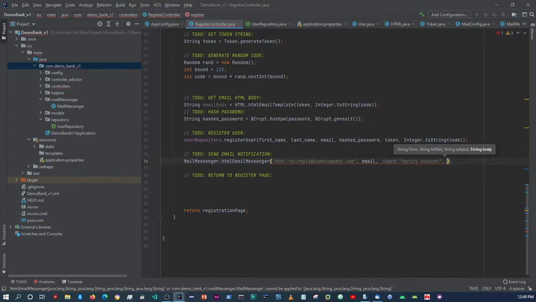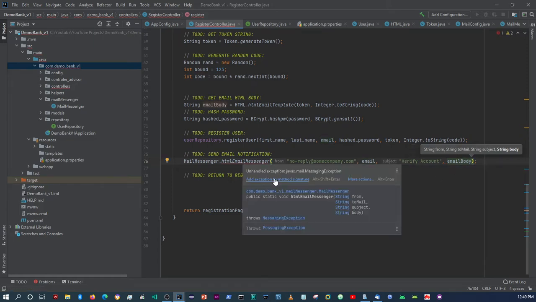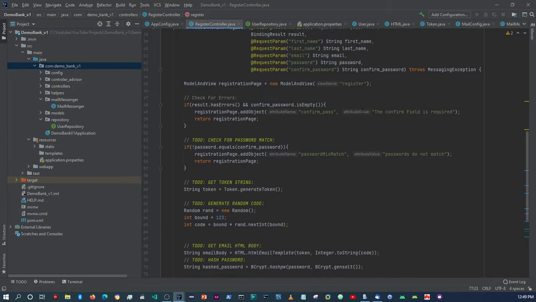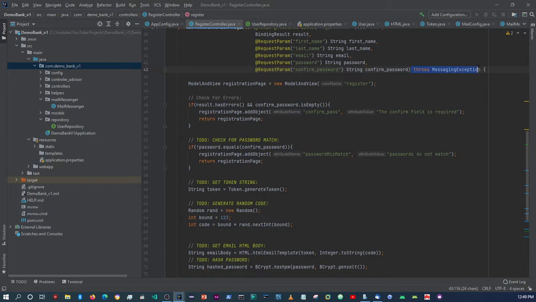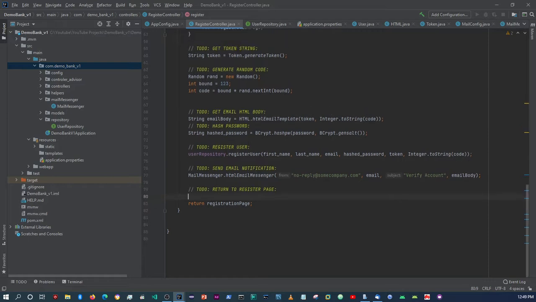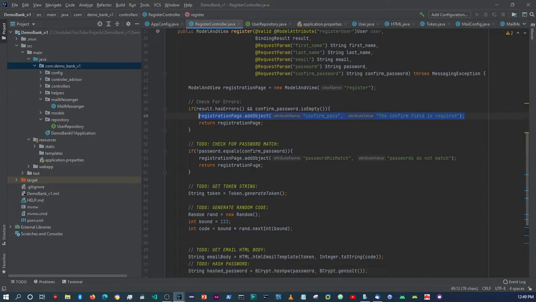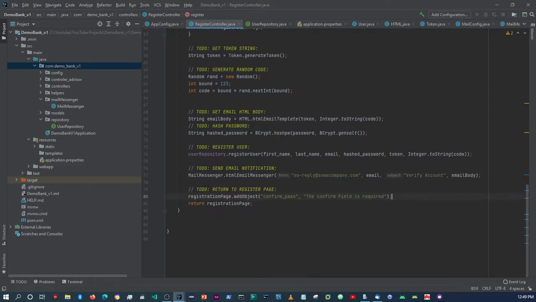Okay, and then what else do we need? The body. So remember, here we're getting the HTML body, so we're going to say email body. All right, and then remember, this might throw an exception, so just make sure you add that messaging exception there. Okay, so after here, what do we need? We need to then return to the dashboard, I mean to the registration page. So I'm just going to copy this object here and paste it over here, and then we can just say success,